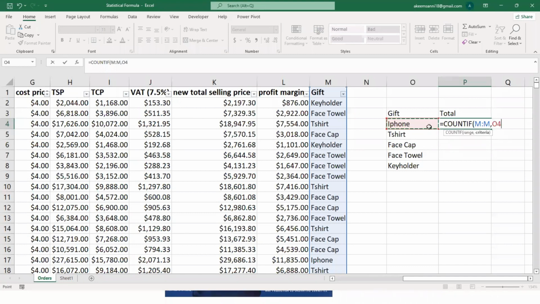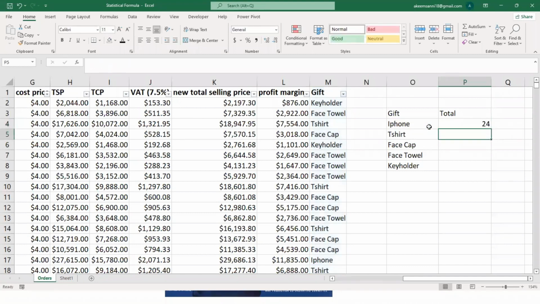So I'll just select iPhone, then close my bracket and press enter. Excel automatically does that for me: 624 iPhones. If I copy down this formula, Excel will automatically do all of these for me.